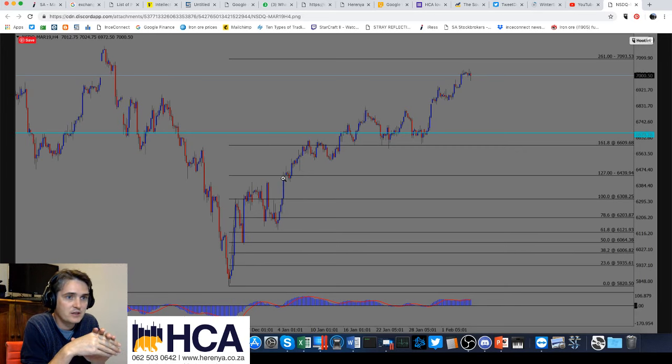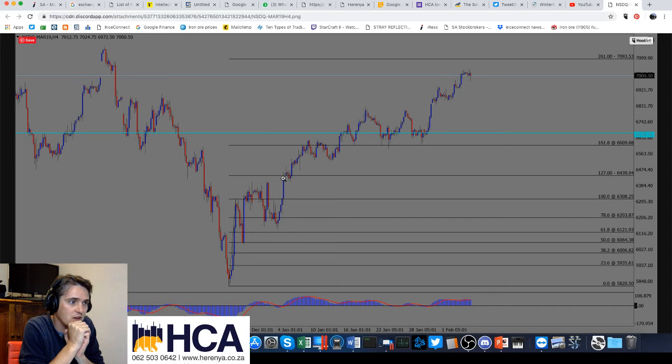And it may find support and resistance. Also, don't cling on to the fact that it has to get to 7099 or 7093.53 or it's not target reached. It might get close. It might shoot through by a mile. We don't quite know, but it does seem that this is quite a nice trade.